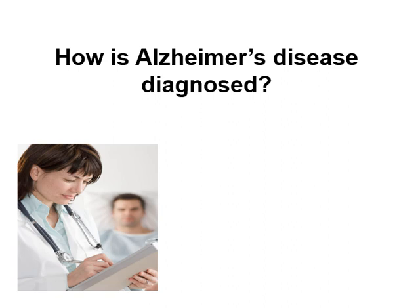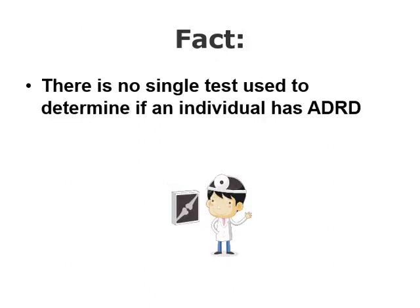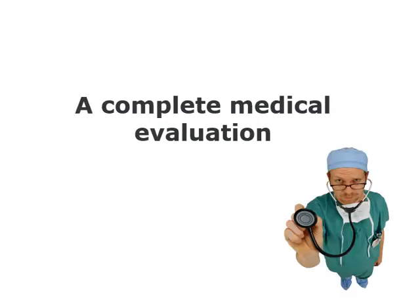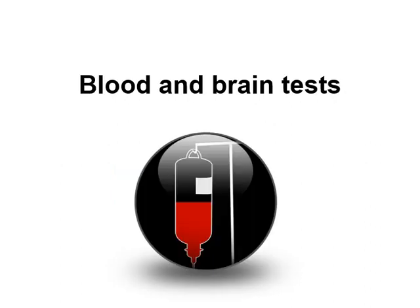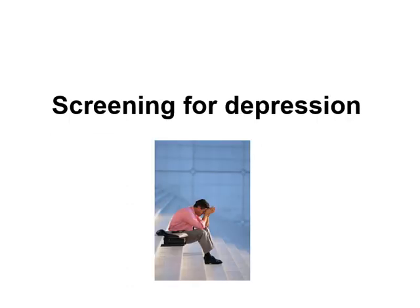How is Alzheimer's disease diagnosed? Alzheimer's is diagnosed through a complete medical assessment. Fact: there is no single test used to determine if an individual has ADRD. Diagnosing Alzheimer's requires careful medical evaluation, including a complete medical evaluation, mental status testing, physical and neurological exam, blood and brain tests, evaluation by a memory clinic or specialist, medication interaction evaluation, screening for